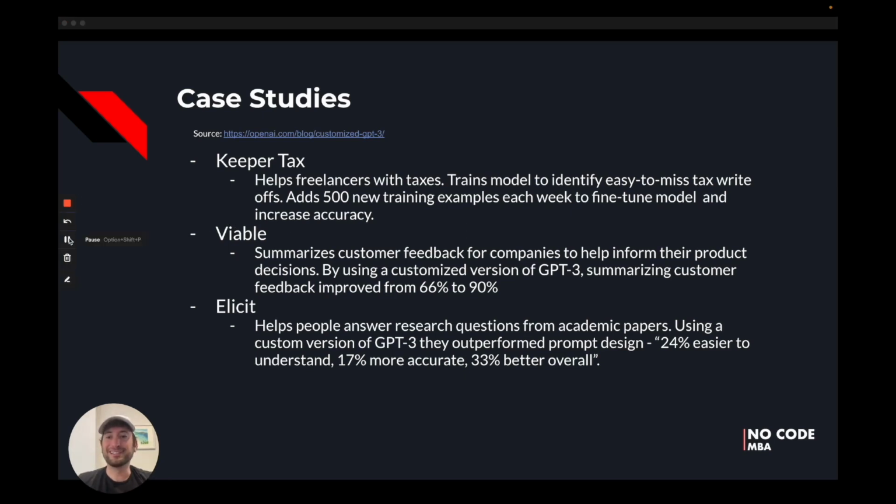So first is Keeper Tax. This is a company that helps freelancers with their taxes. And what they're doing is taking all of the data from customers that are submitting their tax data, and they're training models to identify easy to miss tax write-offs. So what they're doing is adding 500 new training examples each week. So taking in data from their customers, fine-tuning their model with that data, and as a result, they're increasing the